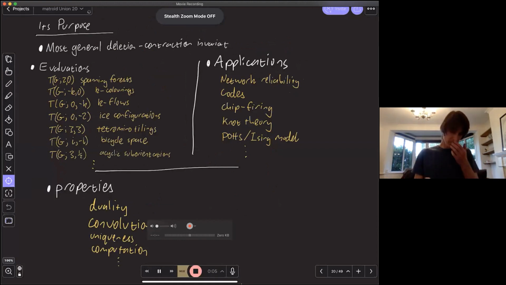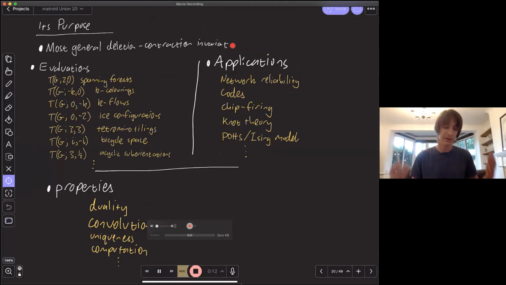So maybe I don't want to say too much about this, but it's this deletion-contraction definition that gives the Tutte polynomial its importance, and that it's in a very concrete sense the most general deletion-contraction graph invariant out there, which means it counts lots of wonderful things. Some of them are expected, like evaluating at (2,0) gives the number of spanning forests. You get the number of proper graph colorings or nowhere-zero flows. But you can start getting more fun things like the number of tetromino tilings for